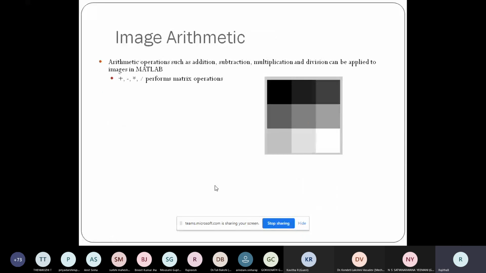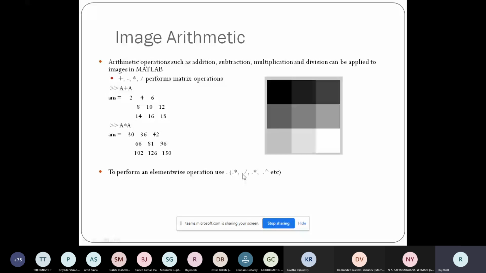Now, how do I do the arithmetic? It is again very simple. I can directly use the operators plus, minus, multiplication, division. Unlike other programming languages, where you need to write a lot of complicated code, which is time complex, here it is simple. A plus A simply adds the two matrices, provided they are of the same dimensions. That is a general mathematical fundamental, otherwise they will not be added, right? So you can directly apply this operator. So you are going to get this result. A is added with its own values, corresponding cells have been added. Similarly, you can apply A into B, A dot product, and so on.